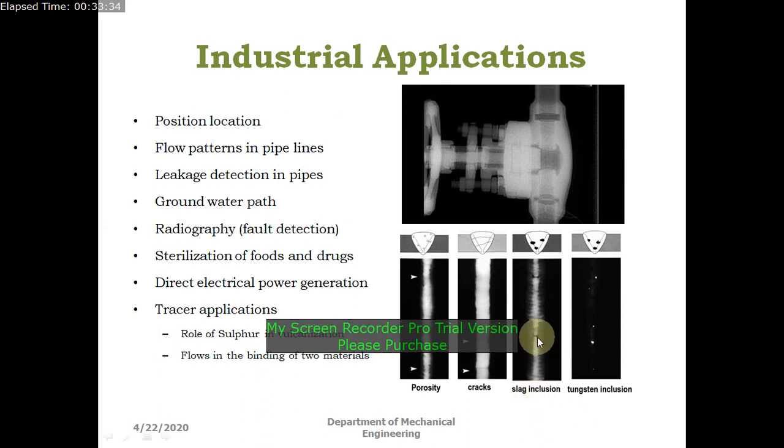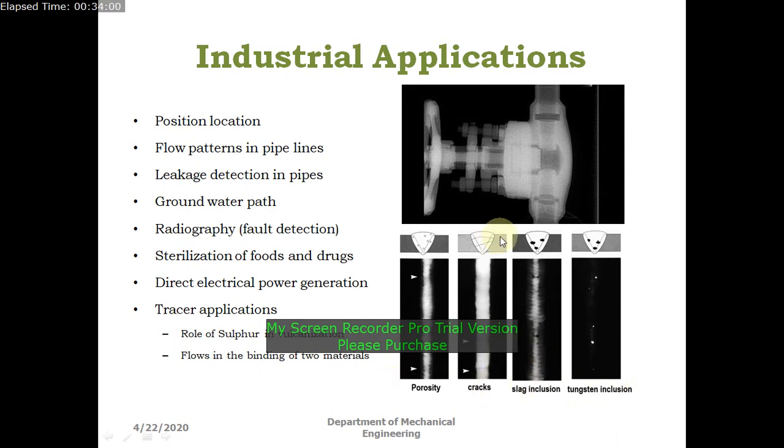Next we can see there is an inclusion of slag, these black color lines, 1 and here there is 2, like that. And even we can see there is an inclusion of metals also apart from the slag. These white color spots on the weld bed indicate inclusions. Here they mentioned that it is tungsten. I have taken these images from the internet, released by a company.